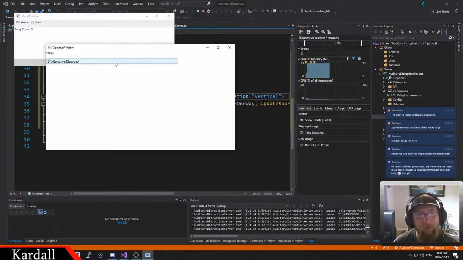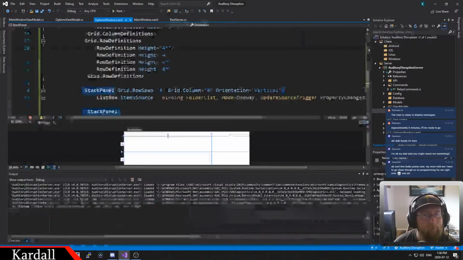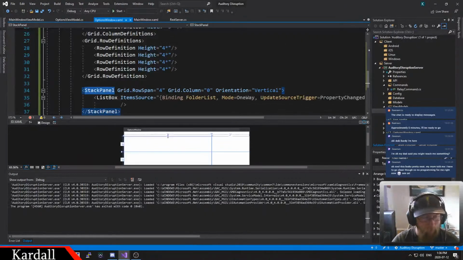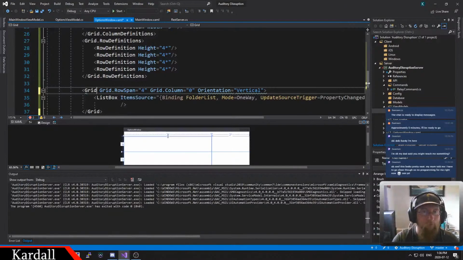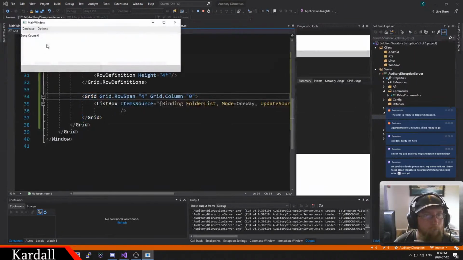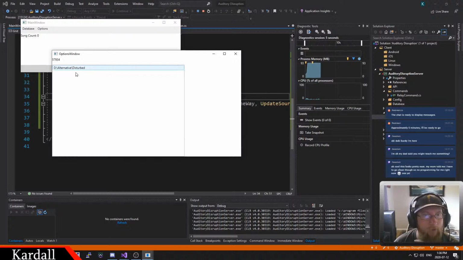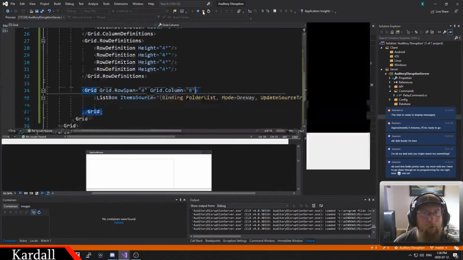So now it's not the full height. Maybe it has to be a grid. Yep, there it goes. Now it's the whole full size. Okay, so when I select this now, I want to be able to,